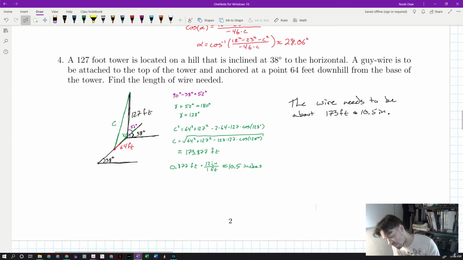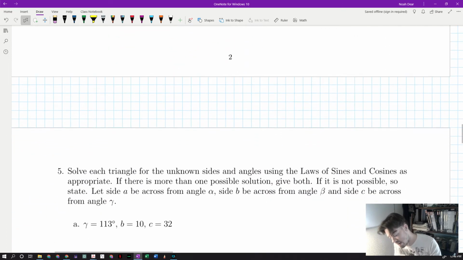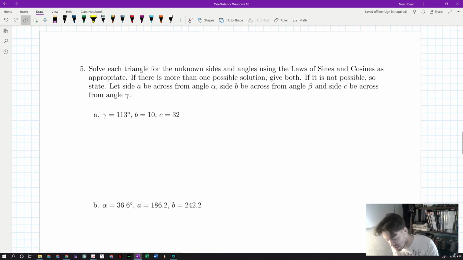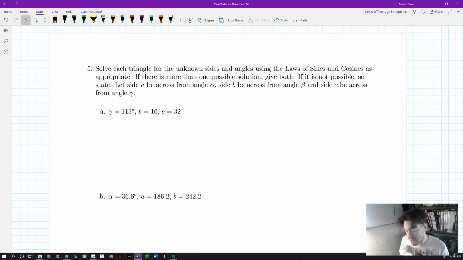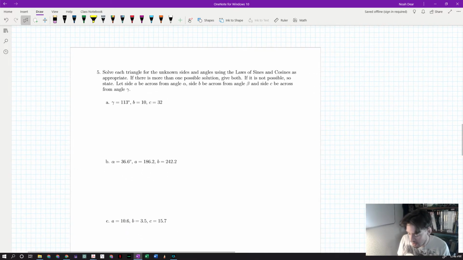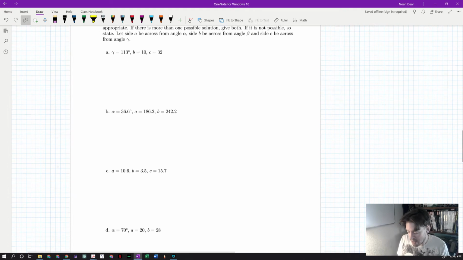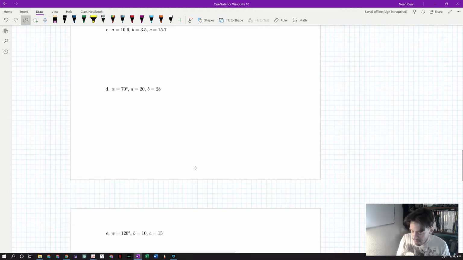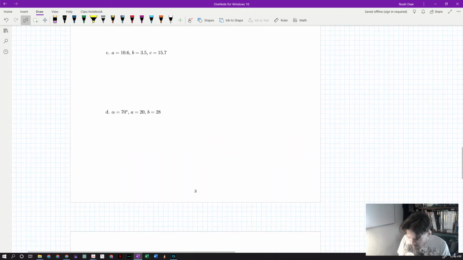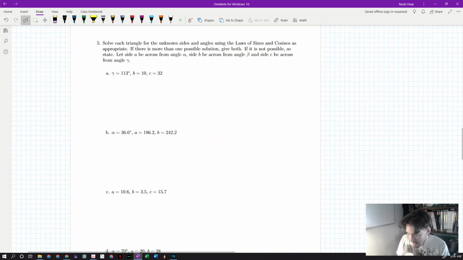Awesome. All right, let's move on to page 3. So what we did in class and what I'm going to do now is we're not going to actually solve all of these triangles. The instructions say to solve each triangle for the unknown sides and angles using the law of sines and cosines as appropriate. In other words, this is a mix of problems. Some of these require law of sines, some require law of cosines, and I'm not going to tell you which at the beginning. Instead of actually solving all of them out, which would take a fair chunk of time here, probably another 45 minutes or so at least,